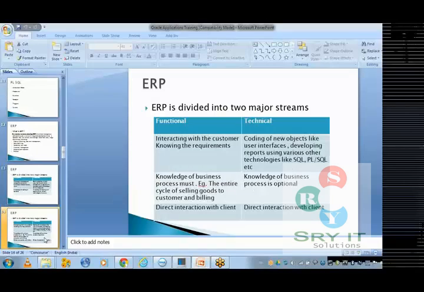Now, the functional consultant will interact with the customer and capture the requirements required for the organization. The technical consultant will code new objects like user interfaces. User interfaces are nothing but the data entry screens. Then reports, you will develop reports. Then using various technologies like PL, SQL, PL SQL and others, which you will come to know in the future